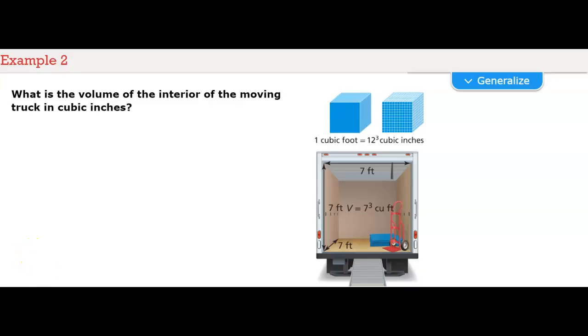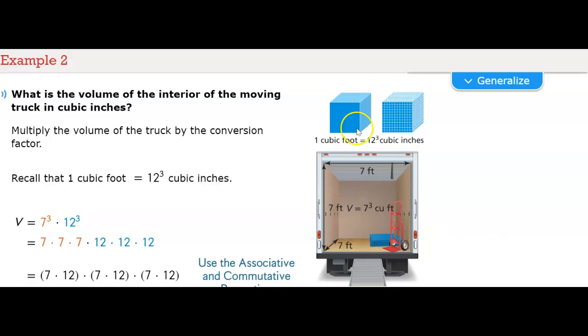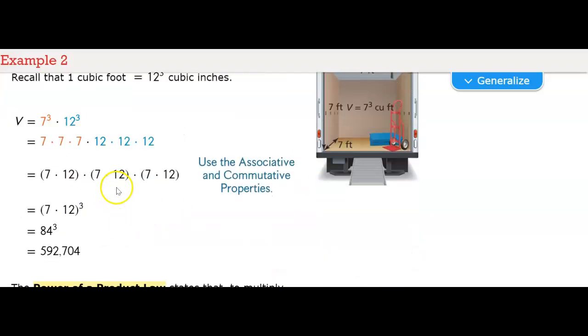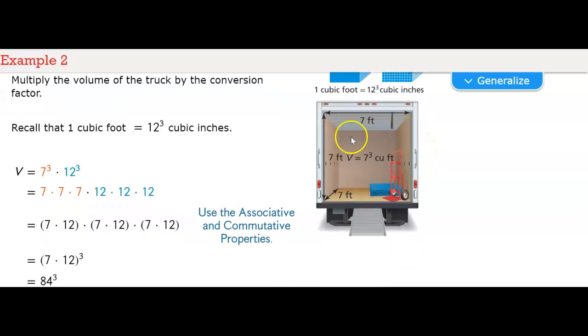What is the volume of the interior of the moving truck in cubic inches? So here, 1 cubic foot is equal to 12 to the third power cubic inches. So all those little squares are equal to this 1 cubic foot. It says multiply the volume of the truck by the conversion factor, which is what I just read. So we see here that the volume is 7 to the third power cubic feet, and the conversion factor is